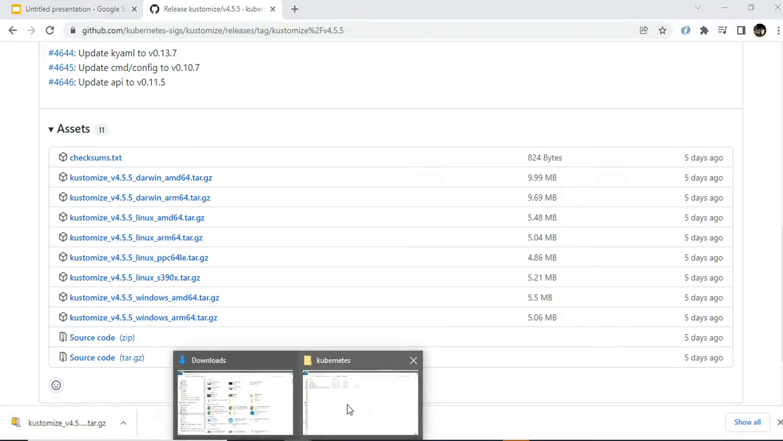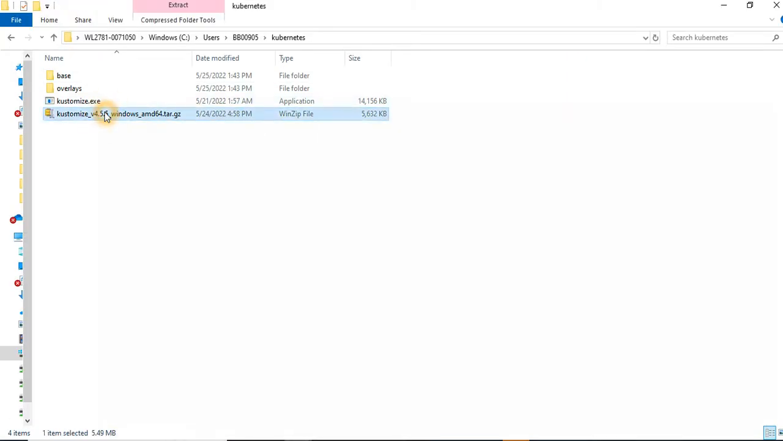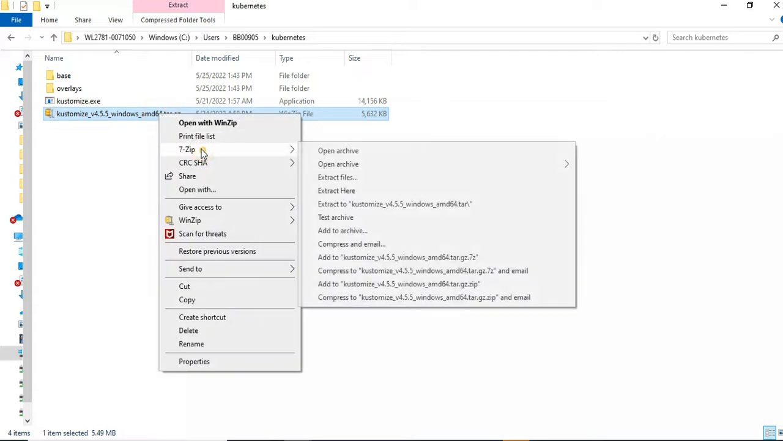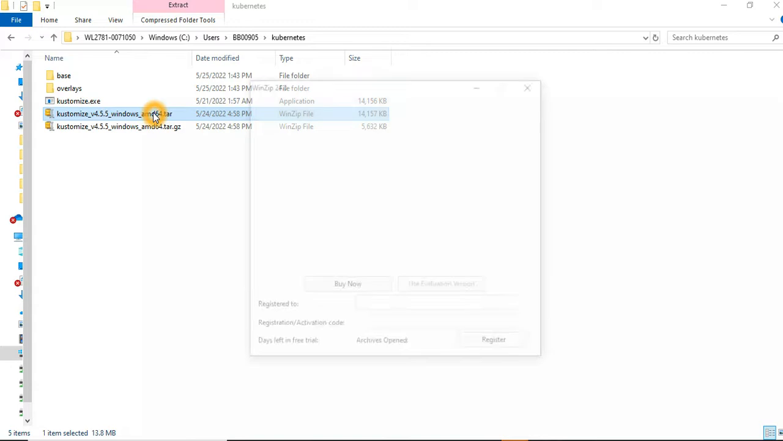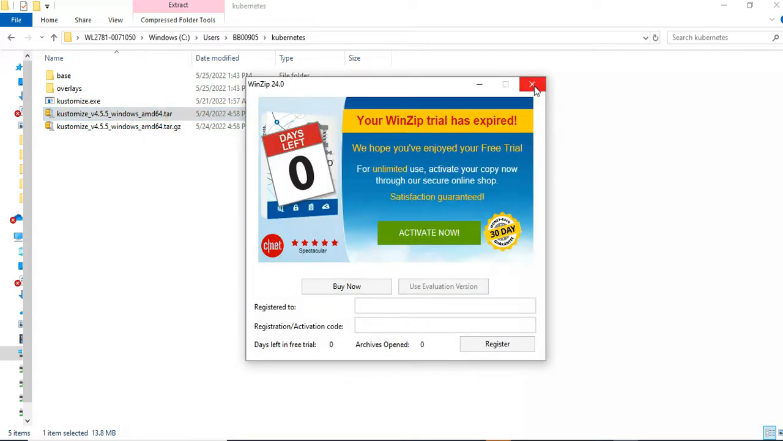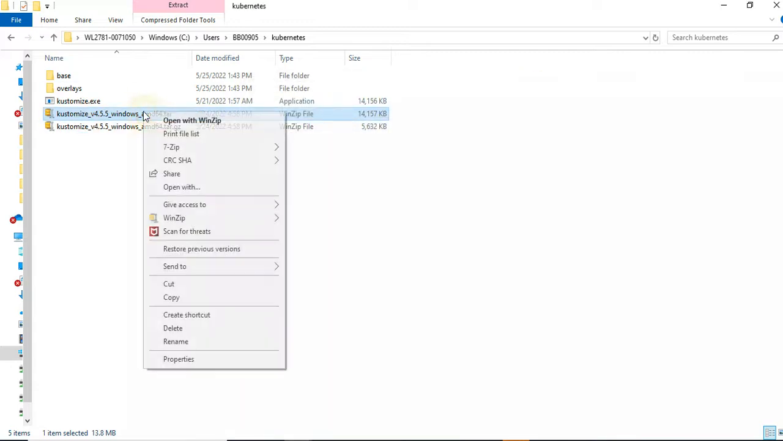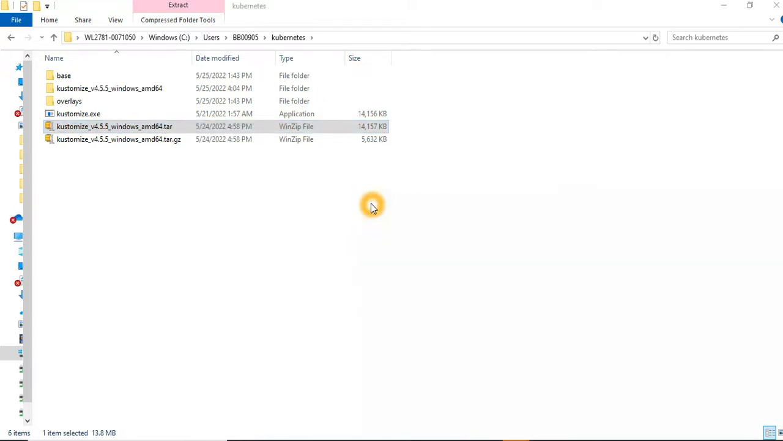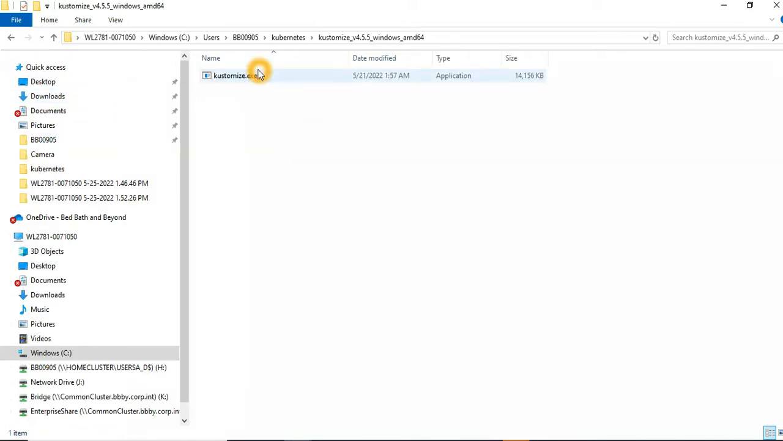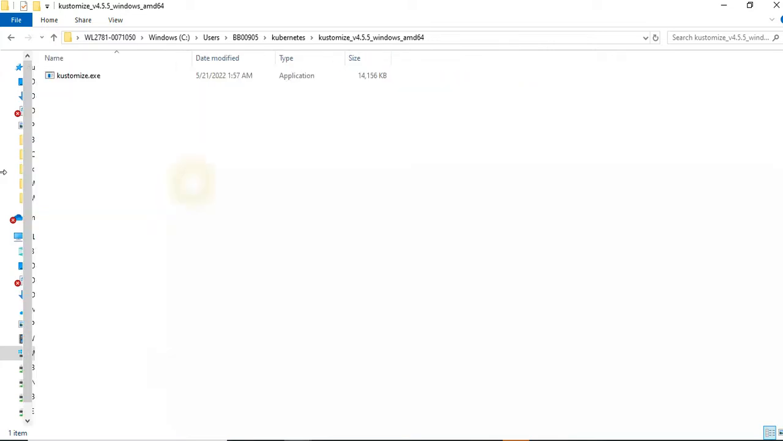And here I have already downloaded a tar file. You just need to extract it, so extract here. You can check inside it, there is a kustomize.exe file inside it. Okay, so here you can check that there is a kustomize.exe file here,